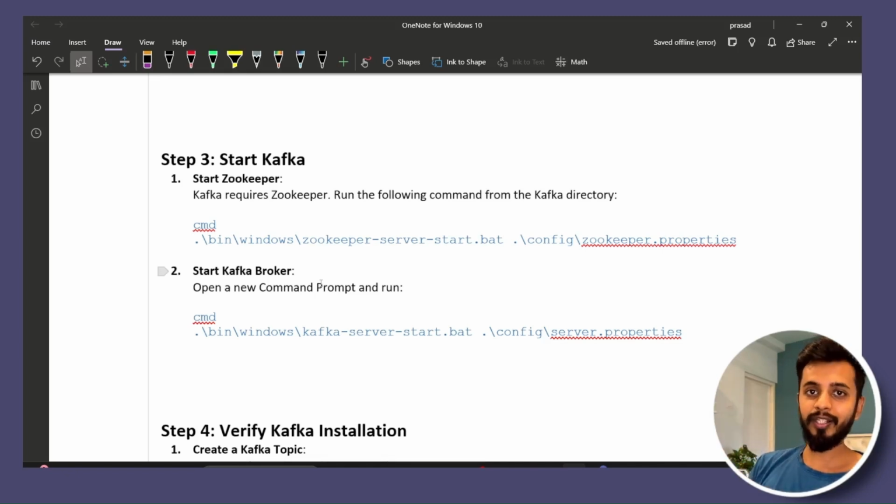And in the next session, we will dive deep into what this Zookeeper is, what this structure is, what this Kafka server start batch file is, everything, right? So we'll find what the building blocks of Kafka are